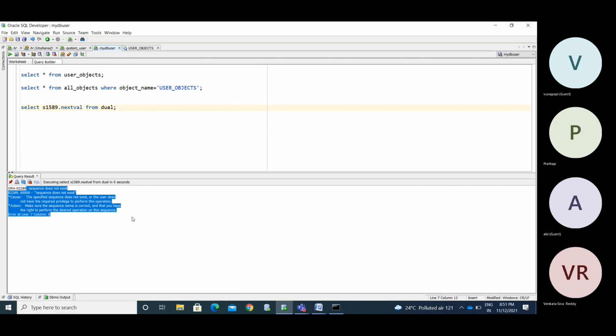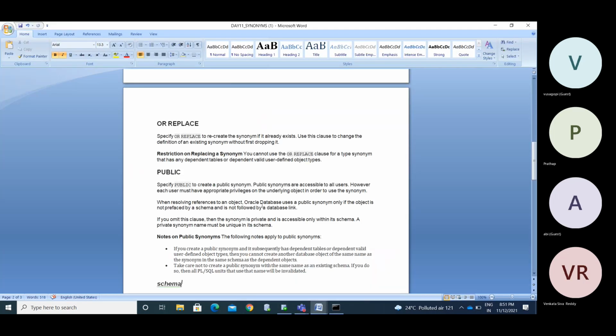Got it? In the earlier case, I first created it as a public synonym, and again I created it with the same name as a private synonym. Private synonyms are stored in user_synonyms. If you want to see public synonyms, we have different meta objects for that. Public synonyms are captured in a different data dictionary, and private synonyms in another data dictionary. Okay, we'll see this.